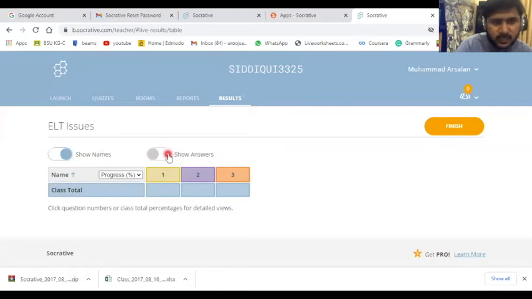You can also share this screen with them because the answers are not visible. You can share it on Zoom or on the classroom projector, which is helpful. When students are done, or for example after you've given them 30 minutes,